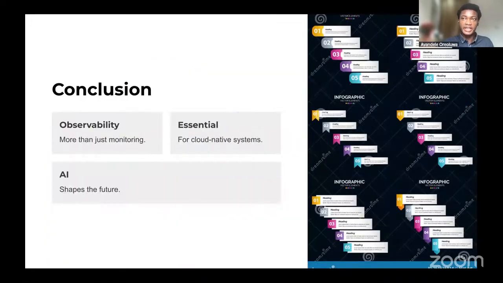So that brings us to the end of observability versus monitoring. It's not actually a versus, you are combining the two. Observability is more than just monitoring. It helps us understand why this is happening in your system. And it's essential for microservices architecture, complex distributed systems, or cloud native systems. And AI is being integrated into these platforms to help minimize the time for your troubleshooting, and also helps in